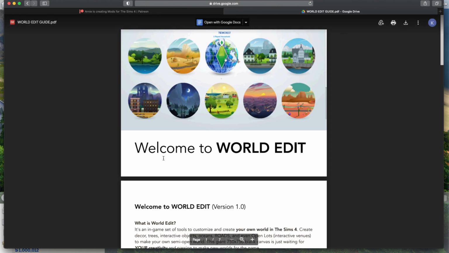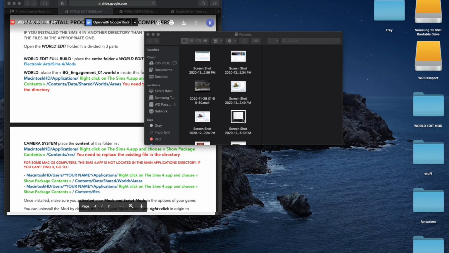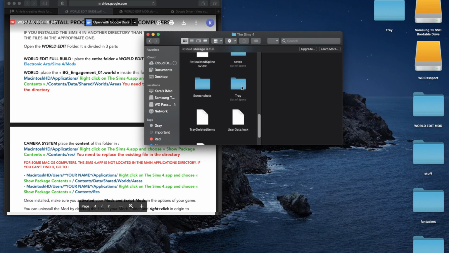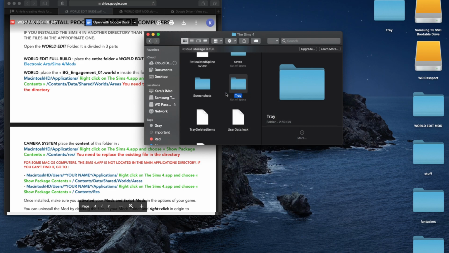Just click on the download World Edit and some very detailed and helpful instructions will pop up. Now something I recommend that you do is make a backup folder of all your tray files. I just open up Finder on my Mac, go into Documents, Electronic Arts, The Sims 4, and then I right click and copy Tray and paste it to my desktop, and that way whenever I install or move mods around, I've never had a problem, but just in case I have a backup of all my builds,